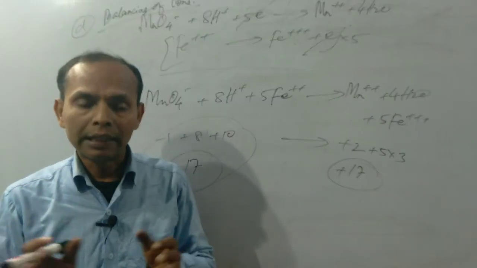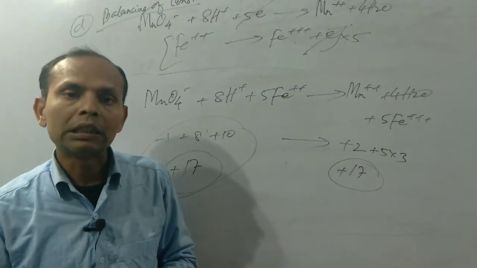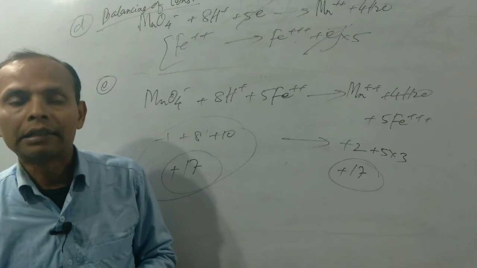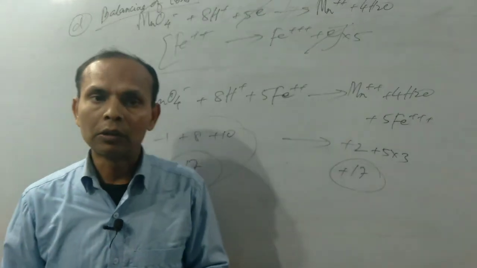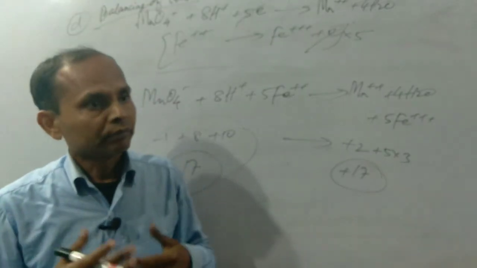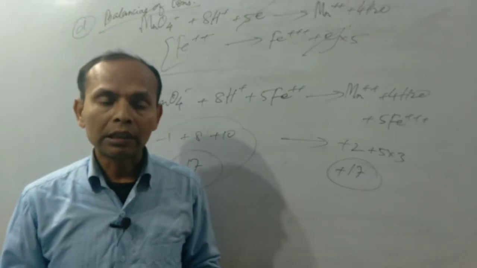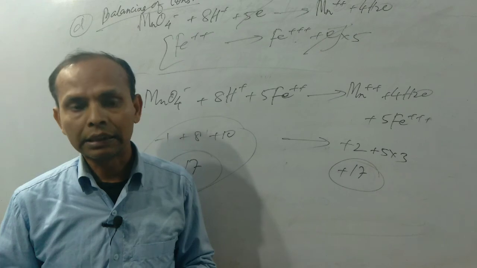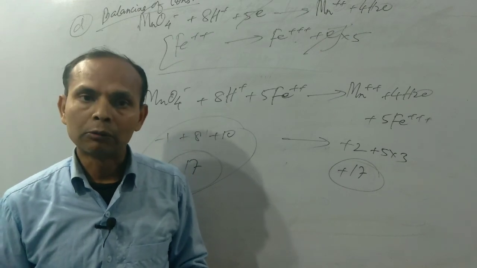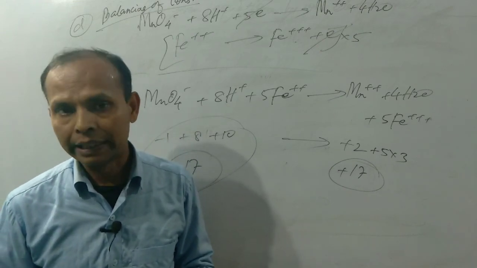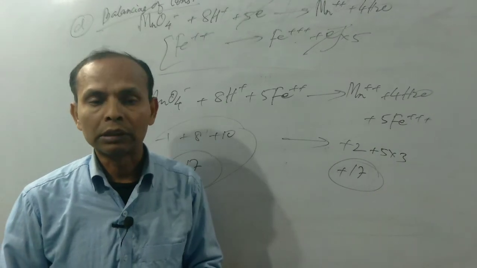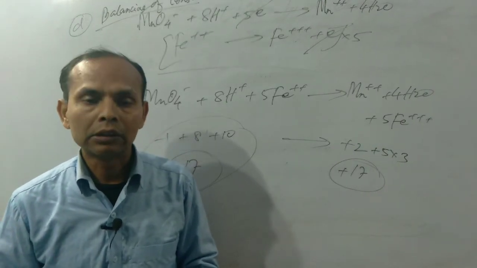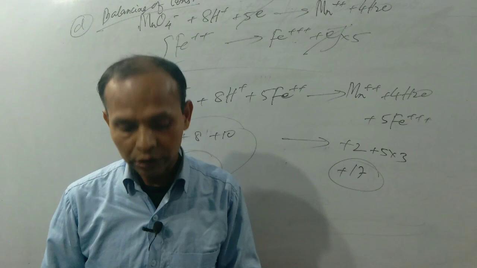In order to balance electron, we have to multiply by a proper number, and at last we have to add the half equations to get the given redox reaction, and again we have to calculate the number of ions on both sides, reactant and product. In case the number of ions is equal, the equation will be considered as true. In the next class, we will study the balancing of redox reaction by the oxidation number method.